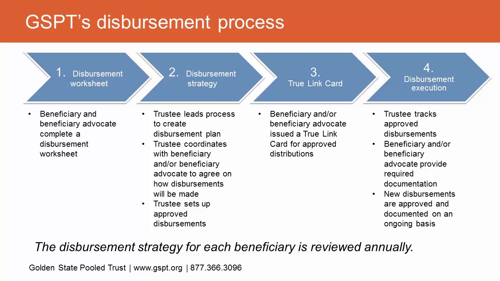And then they might, if it's helpful and relevant, create a TrueLink card for that beneficiary or beneficiary advocate. And that's something they do in some cases, but not all. It really depends on how the funds of the trust will be used. And then the last piece, of course, is actually just executing these fund disbursements over time. And this is really the heart of what the pool trust or a trustee does, right, is actually making sure the disbursements are happening, tracking them, making sure they have the required documentation, and then of course, that plan and strategy wasn't perfect, life changes, so approving and reviewing.